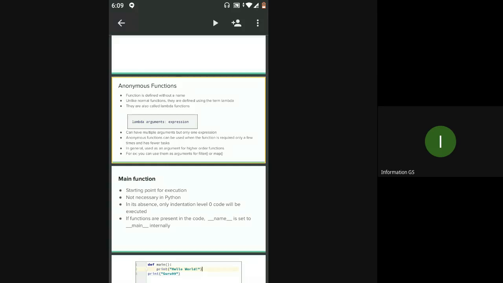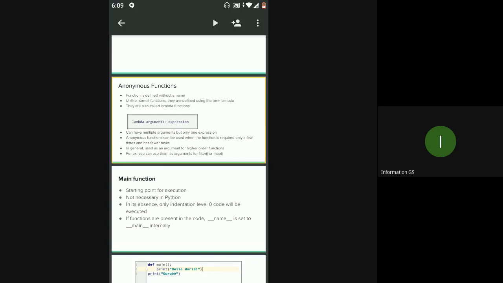If you compare this for both the normal function and the lambda function, for the same lines of code, like a function which gives you the addition of two numbers, and a lambda function which does the same, and you execute both of them, you can find out that the lambda function takes very less time compared to the normal function. That is one of the reasons why you can use anonymous functions instead of normal functions, wherever the lines of code are very limited, where you have just one line of code.